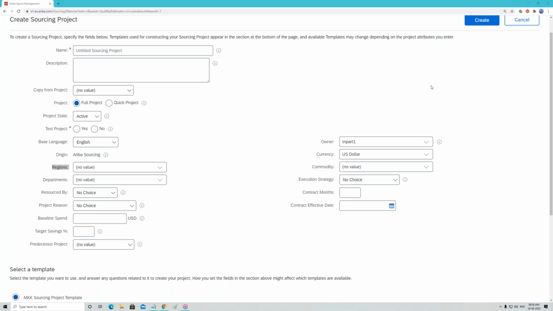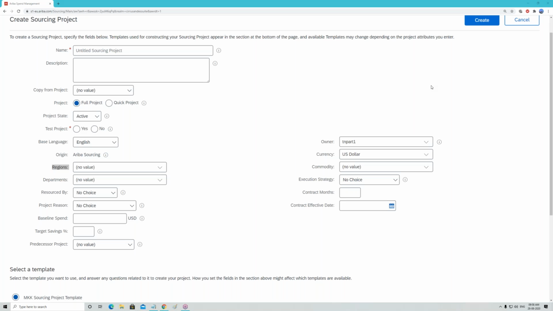Please go ahead. So a couple of things I have in mind. What I understand today is that you've gone through what RFPs and auctions are, and the differences between them. Then you've talked about what a quick project and a full project are, and you touched on how you go about creating a sourcing event, right?